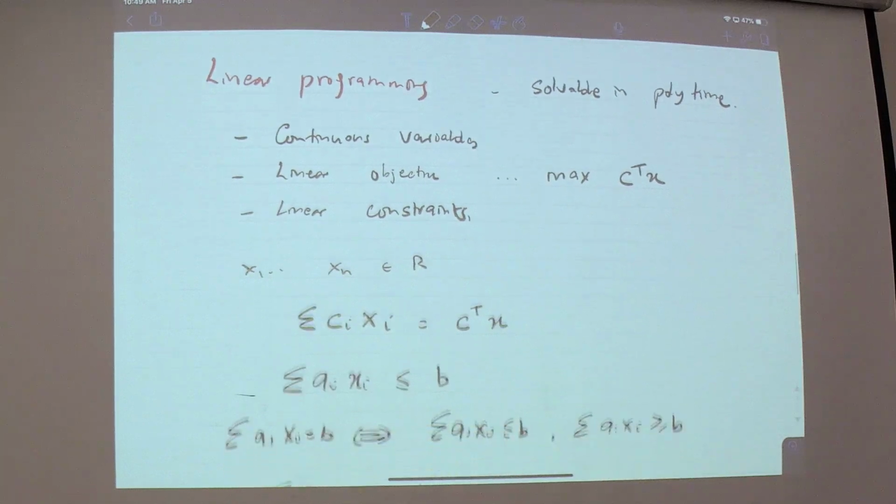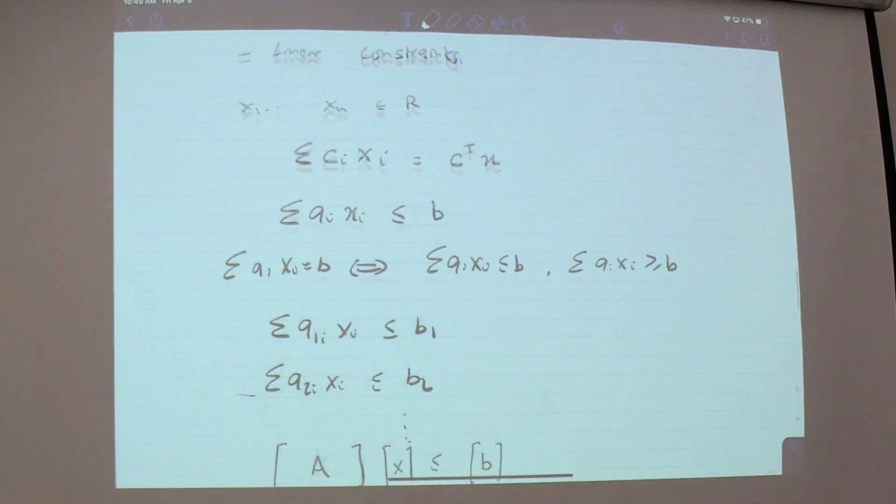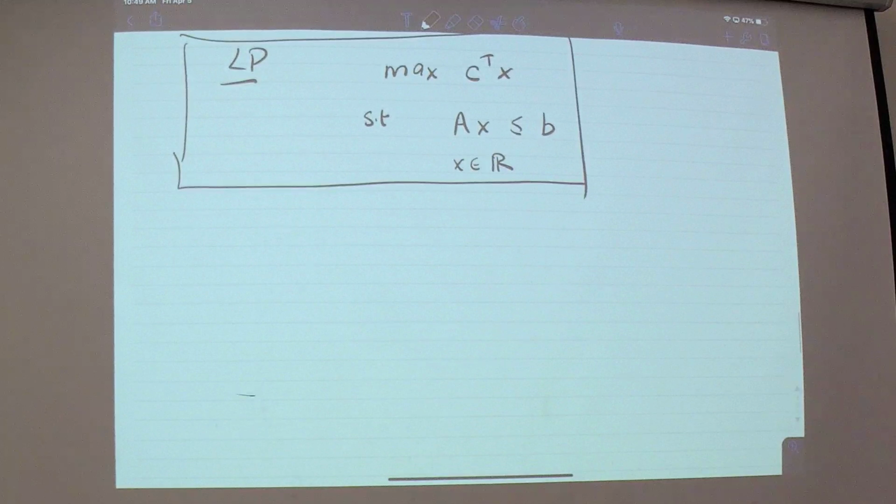And we said that for such a problem, you can write it in the following manner, which looks like this. Any linear program can be written in the form maximize C transpose X, or some kind of linear function of the variables. You think of X as a vector, such that AX is less than or equal to B and X is nonnegative. Okay? The reason why this canonical form is acceptable is because if you have a min instead of a max, you just flip the sign. Same thing. It's linear, so you can do that.